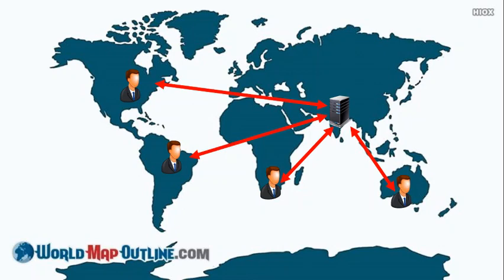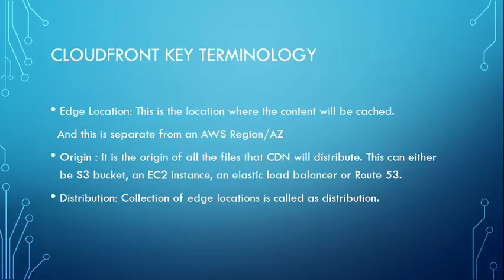This is the traditional model which was previously used. Suppose a user who is trying to access the data is sitting very far away, he won't be able to get that data very fast, or he'll get that data after so many hours. Okay, so to solve this, AWS and Amazon have incorporated CloudFront technology,